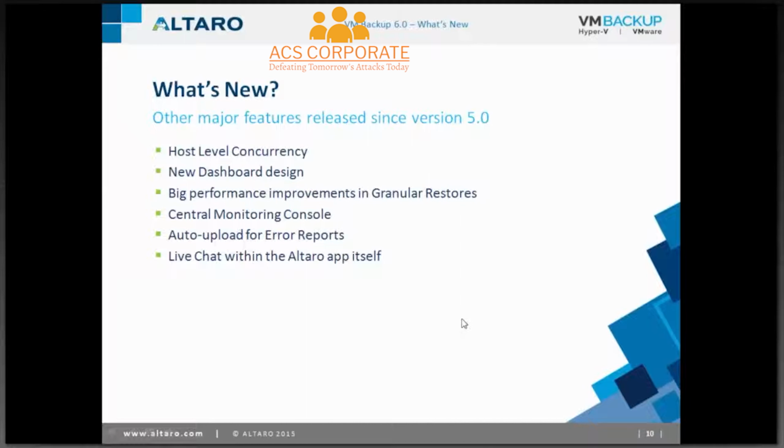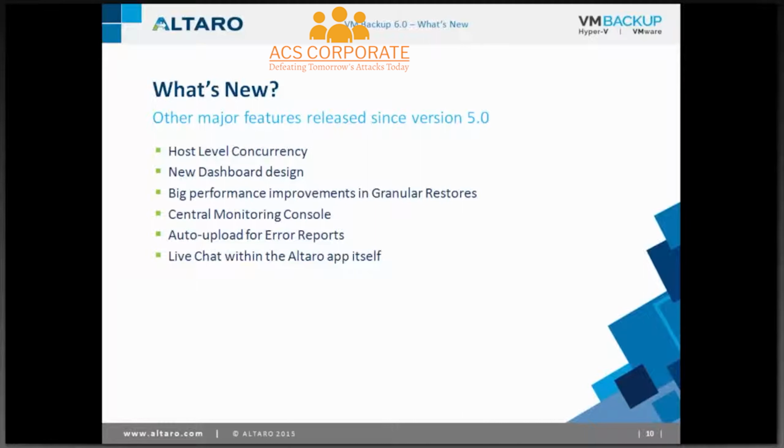So a few other things we've added since the original release of version 5. Now these of course were also available in the more recent versions of version 5. However, I would like to mention these for those of you who have not updated version 5 to the latest build yet. So first of all, since the original release of version 5 earlier this year, well, beginning of this year actually,